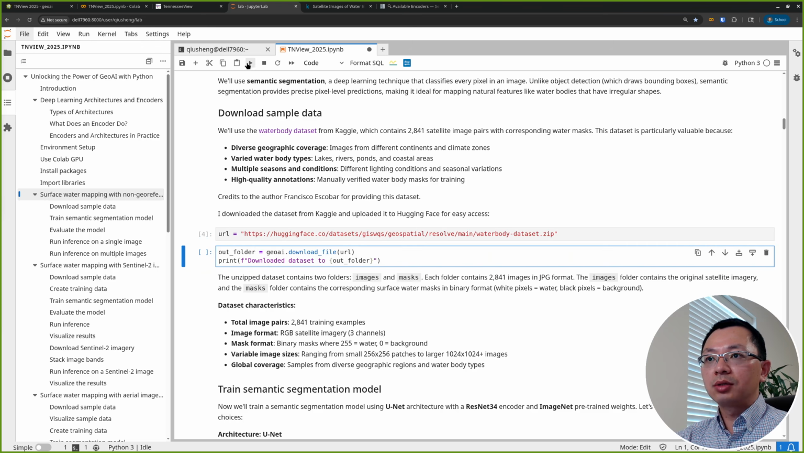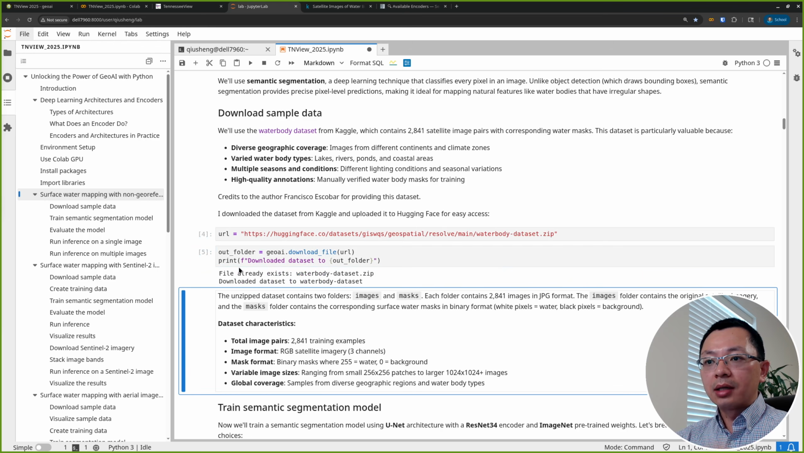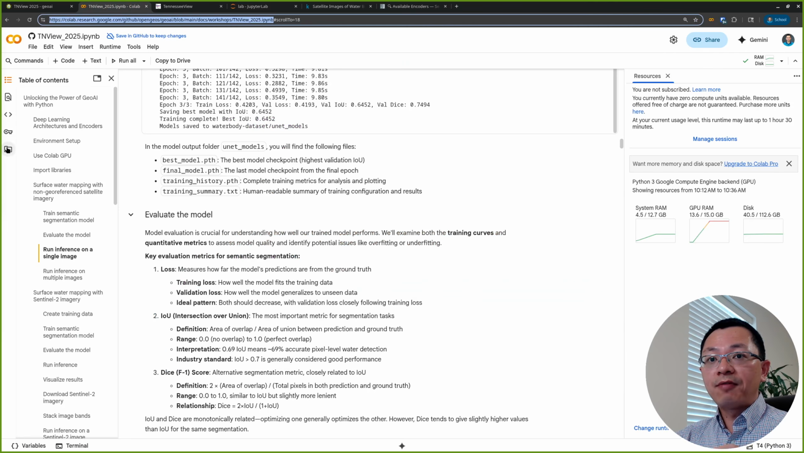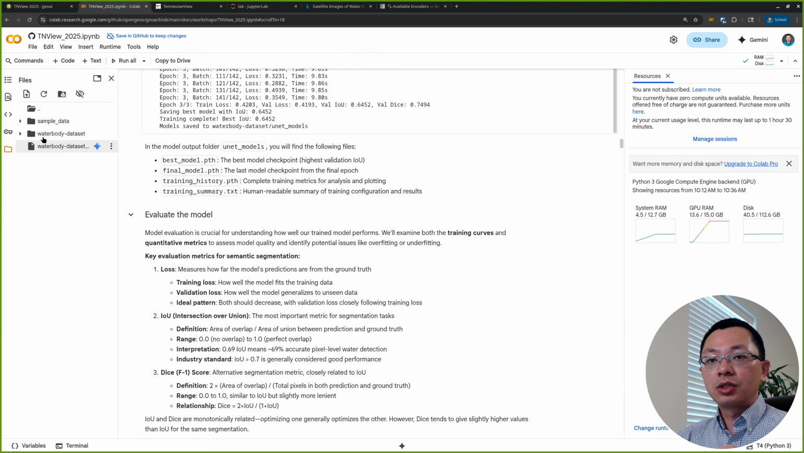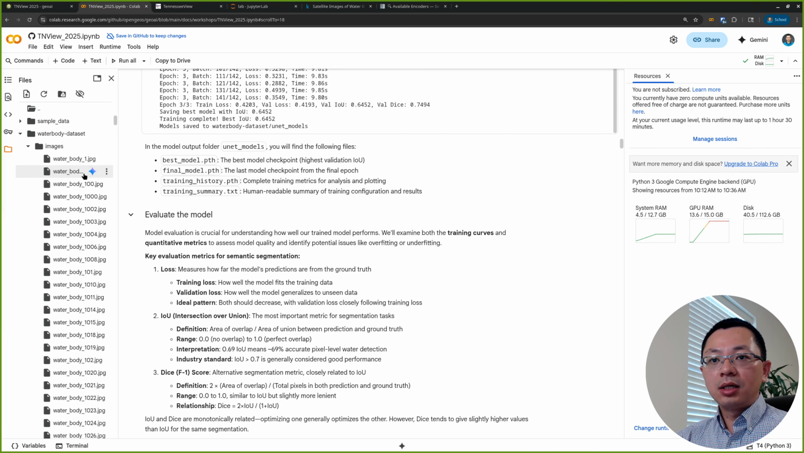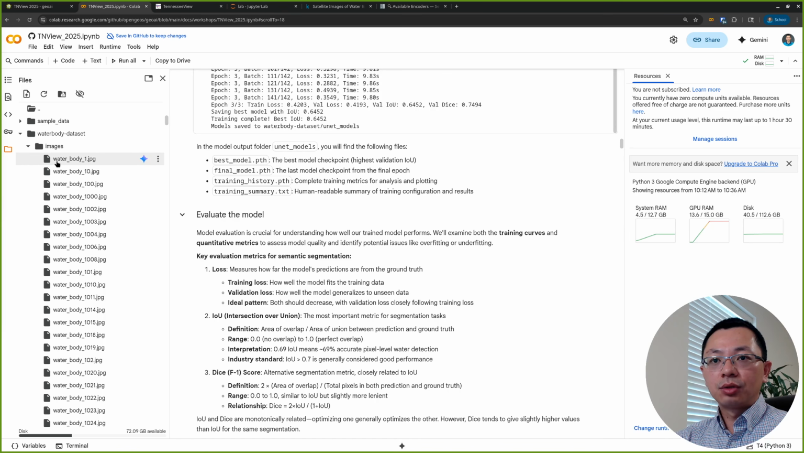All you need to do is just use the GeoAI package to download the dataset, and it should be downloaded and then unzipped. If you are on Google Colab, you can find the dataset here on the left side. You can click the water dataset and then images and mask. The unet models folder is the one that we already trained, so don't look at it right now. So you can see the images, water body 1 all the way to